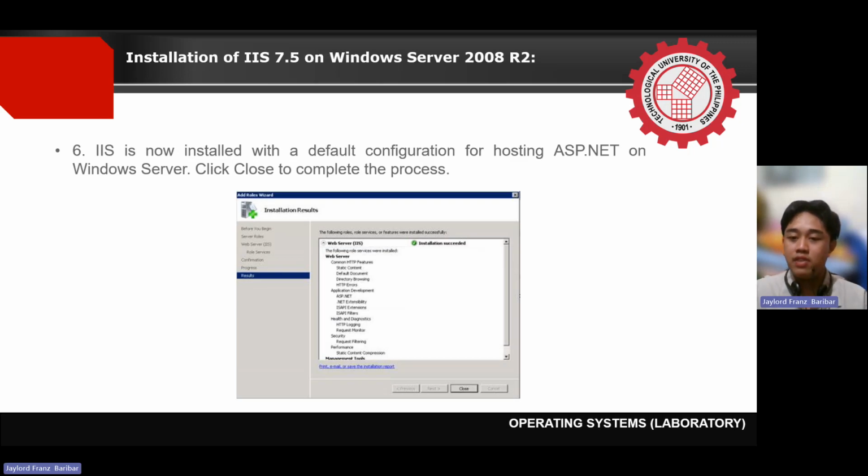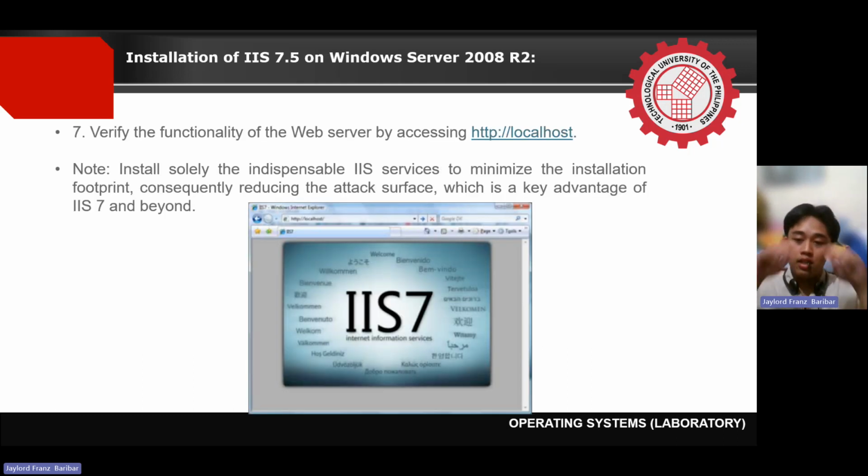Congratulations! You have successfully installed IIS with a default setup for hosting ASP.NET on your Windows server. To finish up, just click on Close and you are all set. Now, since we already have IIS in our workstation,